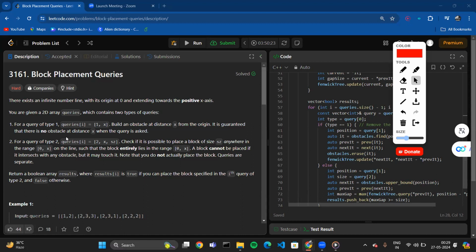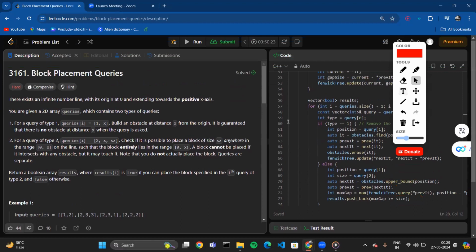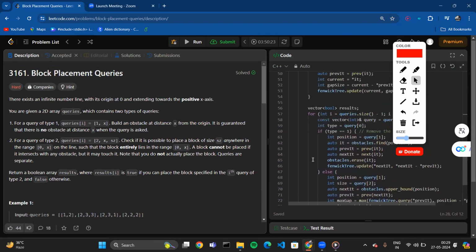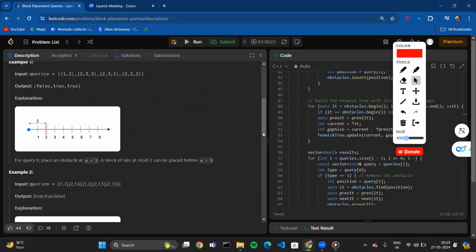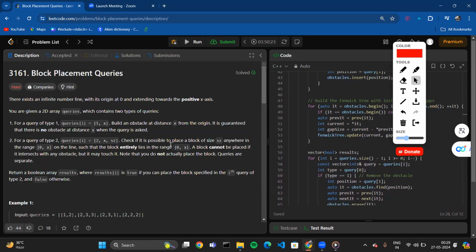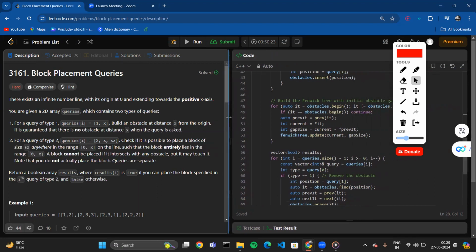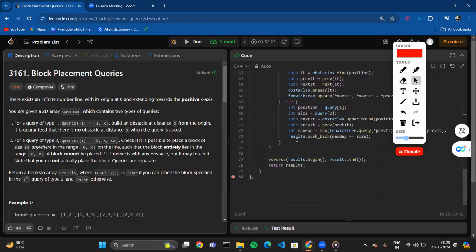We are back again with another question from our level up series. This question was asked in today's contest. This is block placement queries. This is a good problem, in fact a very good problem, such that only 2.6% people could answer it in the contest. So yeah,